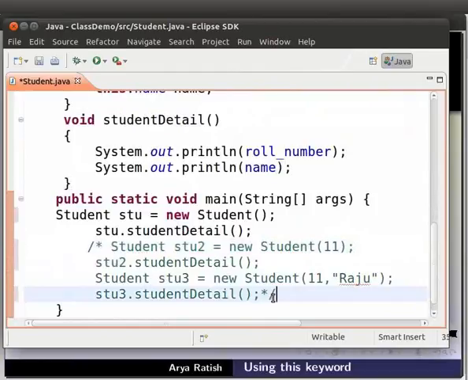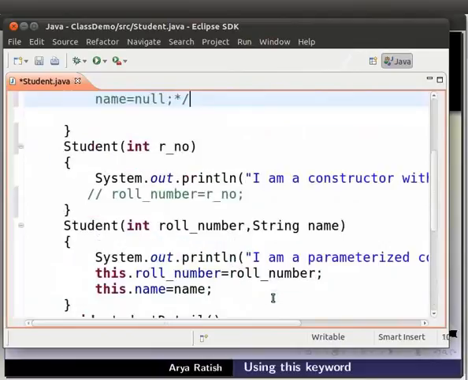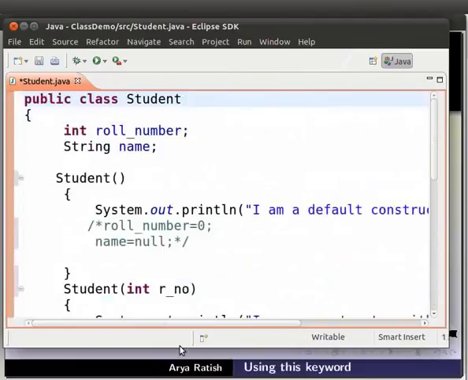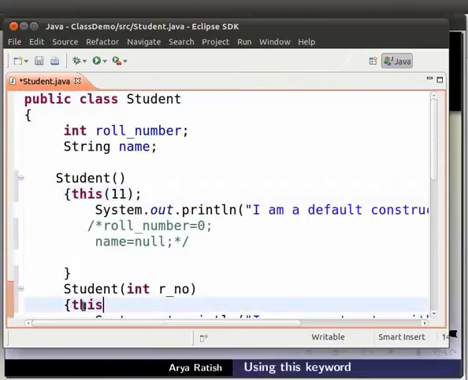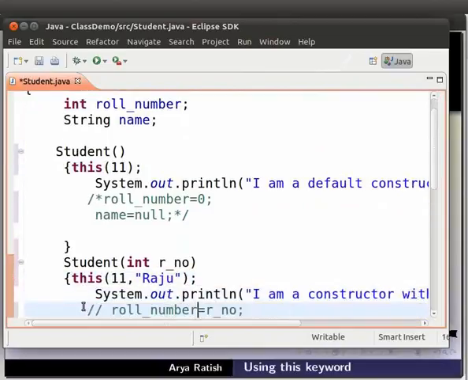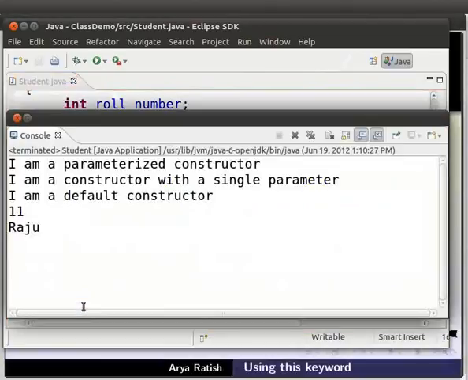Now let us first come to the constructor with no parameters. After curly brackets, type this(11); Inside the second constructor, type this(11, "Raju"); Now save and run the file. So press Ctrl S and Ctrl F11.